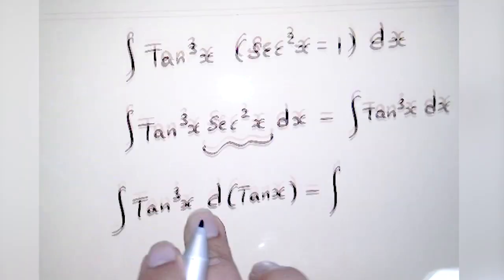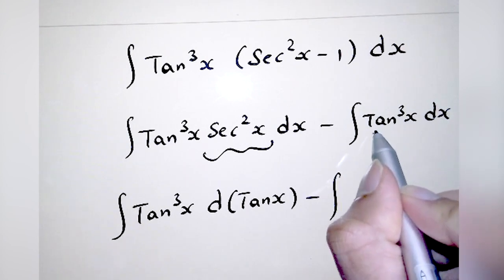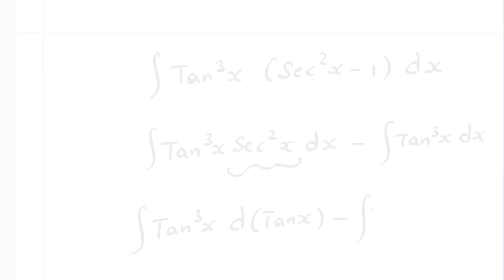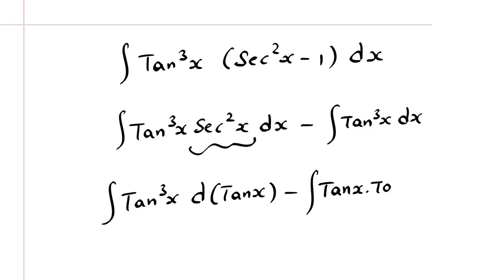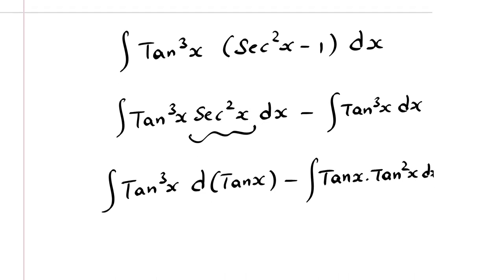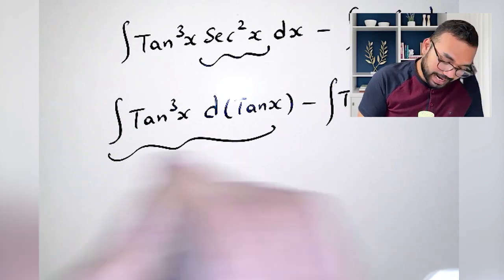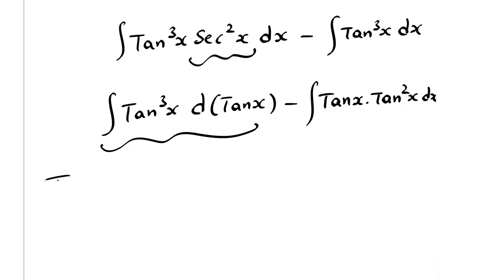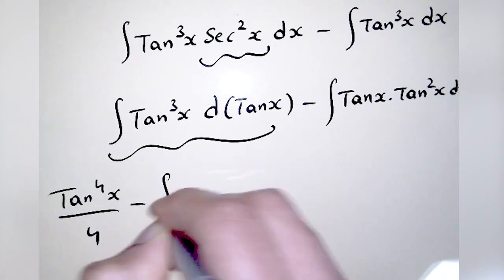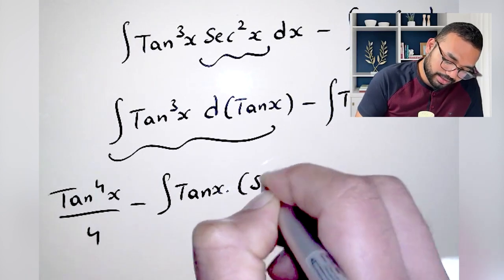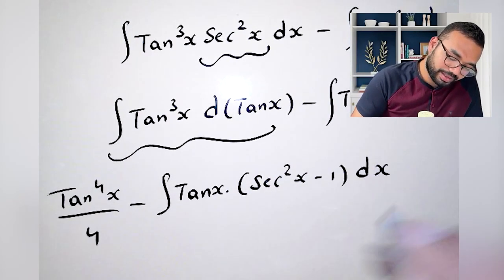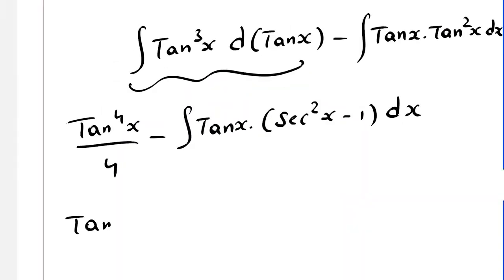So again, I will do the same thing. Split this tan cube x in terms of secant square x, tan x into tan square x, right? Tan x into tan square x dx, and do the same thing that I just did. If I simplify this integral tan cube x d of tan x, it is going to be tan to the power of 4x divided by 4. Tan power 4x divided by 4 minus, so tan square x can be written as integral tan x into secant square x minus 1 dx, right? So just distribute it. Tan power 4x by 4 minus integral tan x into secant square x dx,